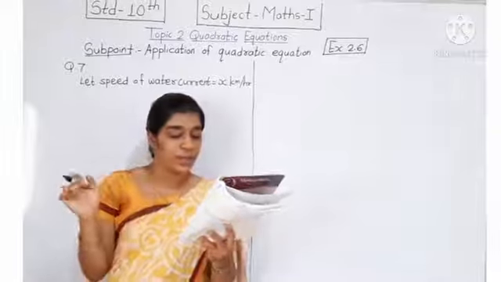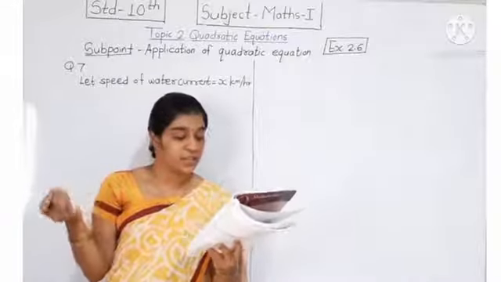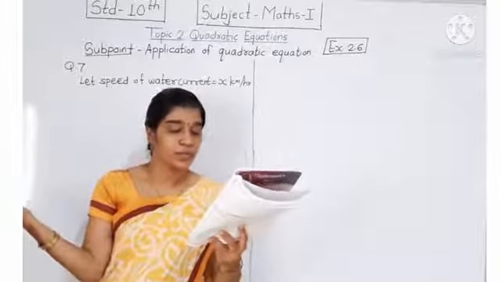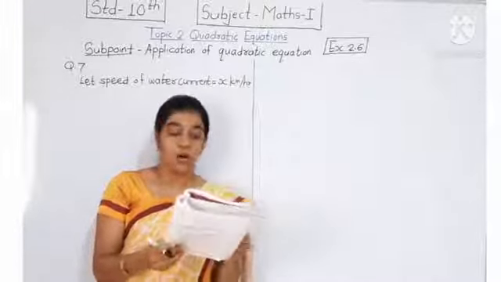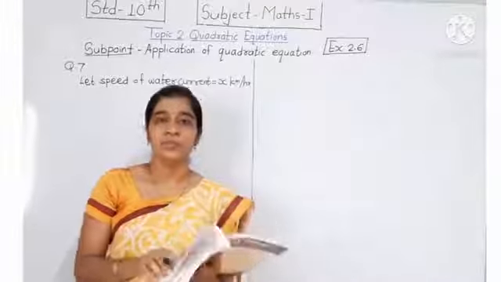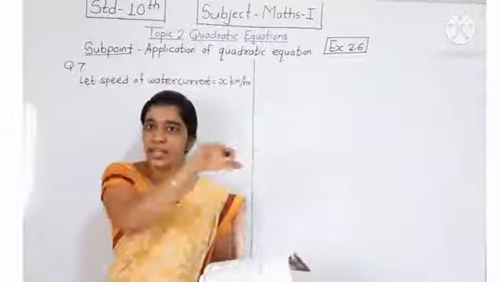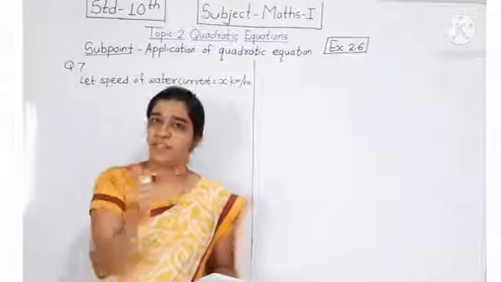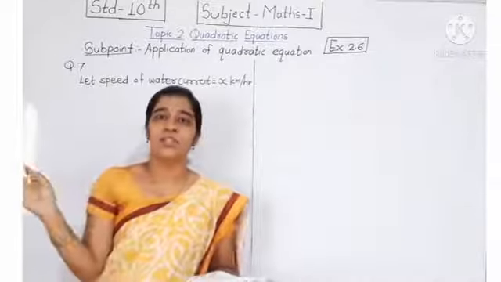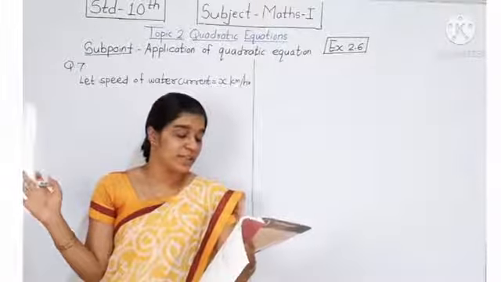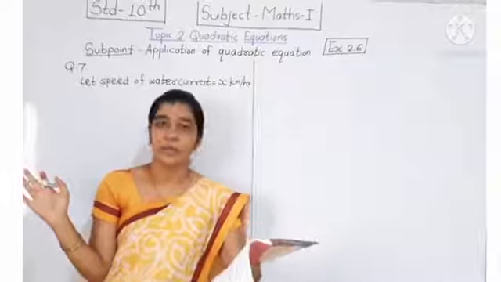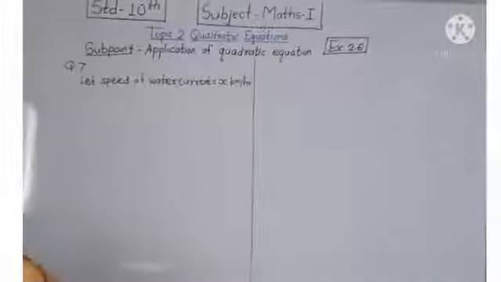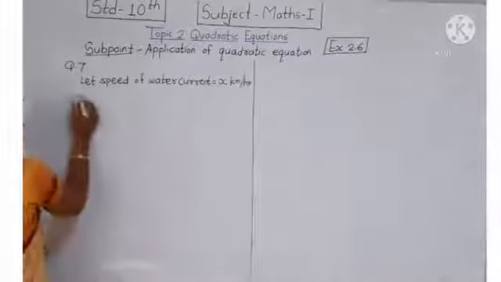Okay, downstream and upstream. Pratik takes 8 hours to travel 36 km downstream and return to the same spot. Means we know the speed of boat in upstream and downstream. Going and returning, watch what happens: the boat's speed will be along with the water's speed, and while returning it will be opposite. The speed of the boat is given as 12 kilometer. So in downstream we add the speed of water.